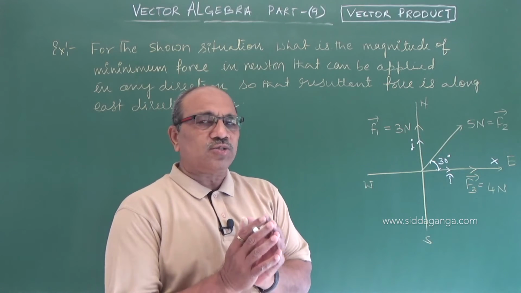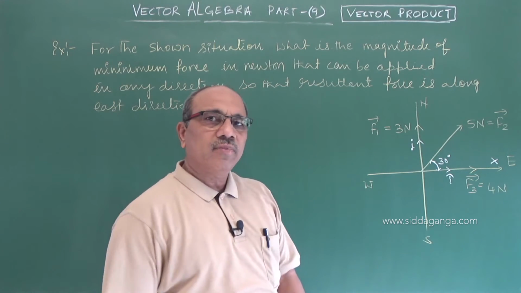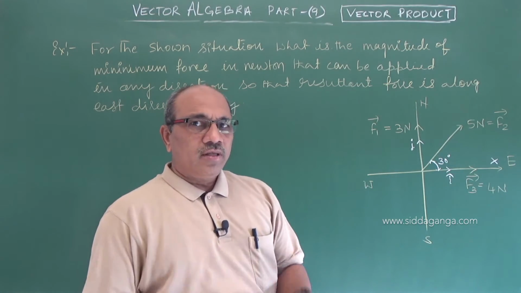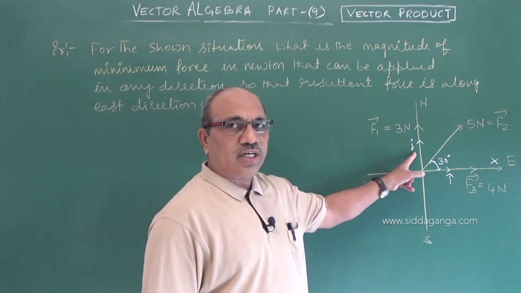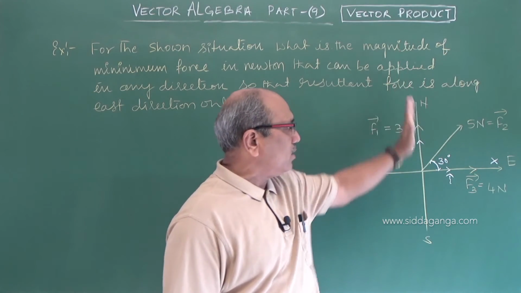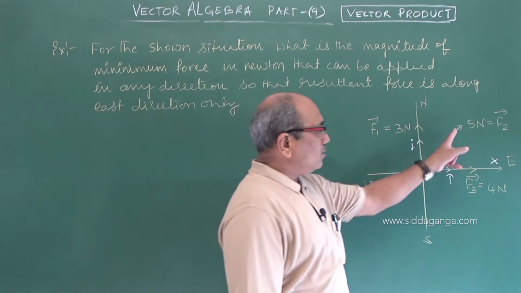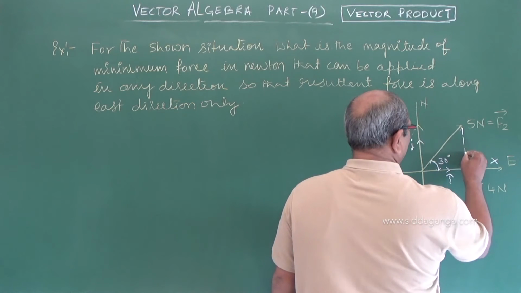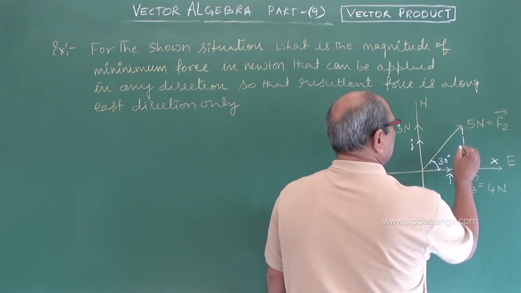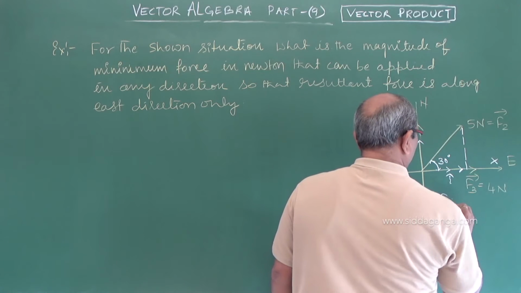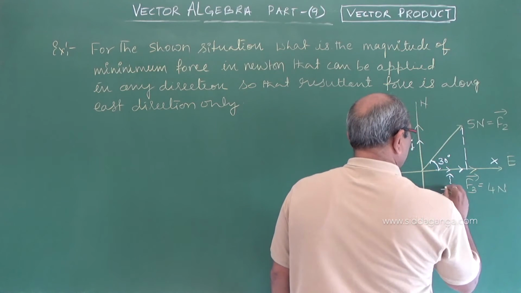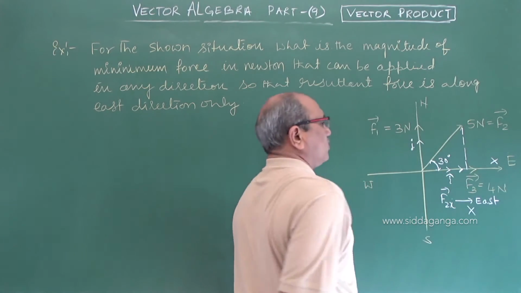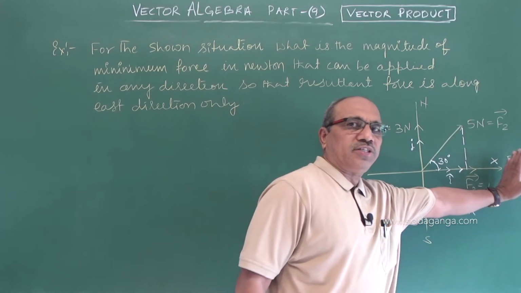So already one force is in this direction. Now think very intelligently, though simply: this cannot be touched because it is already in this direction. The problem is the one I have to neutralize, because it has a northward, j direction. This vector has two components. One vector component, F2x, is along east. It is not a problem for us because both are in the east direction. Don't touch them at all.